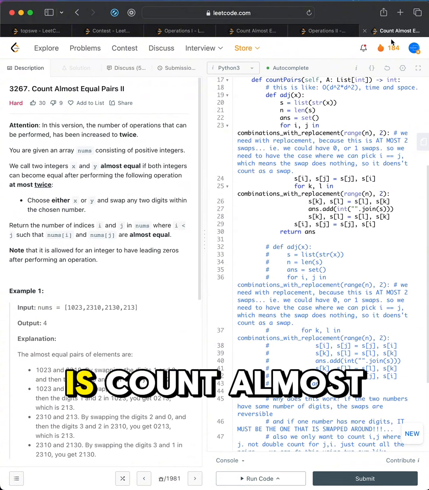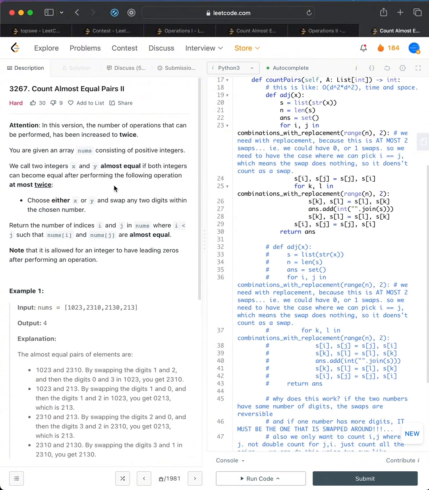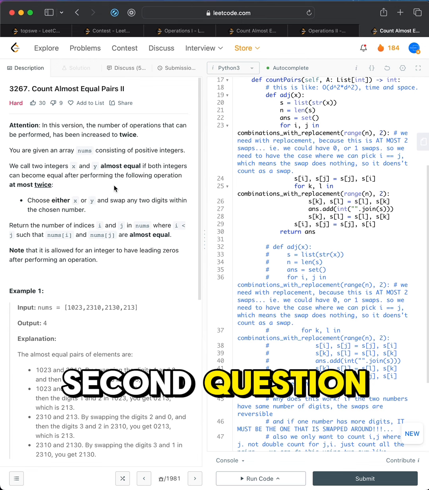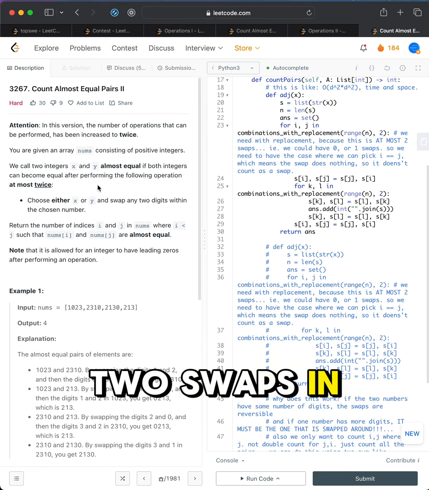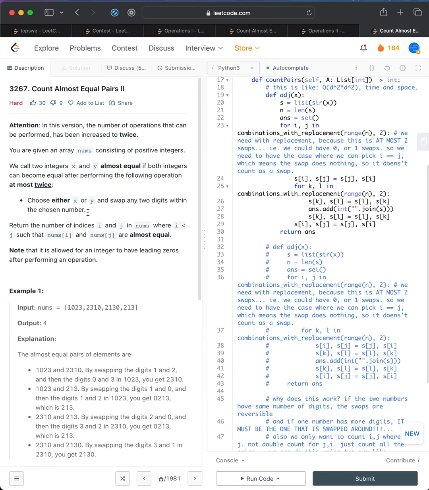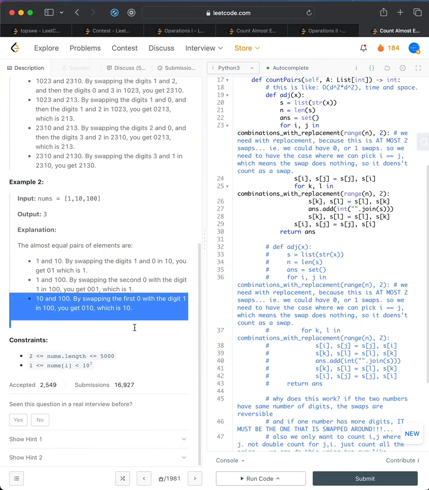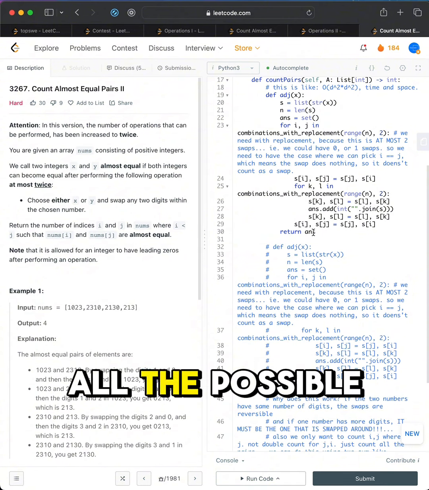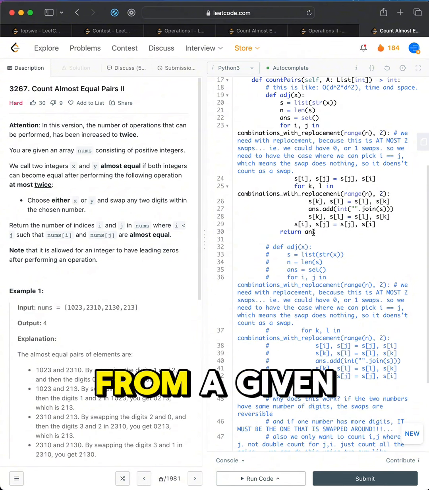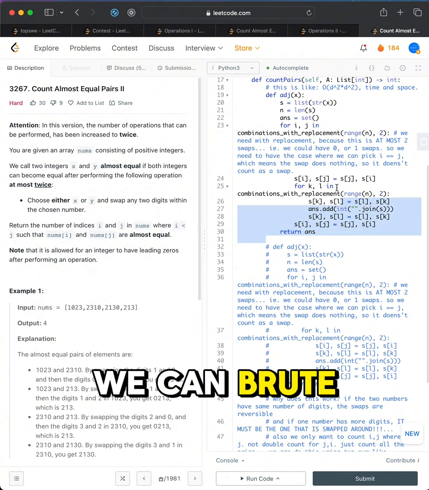The last question is count almost equal pairs 2. This is the same as the second question, but now we can use at most 2 swaps in our almost equal definition. We need to make this faster since the constraints are larger. Let's consider a function that generates all the possible almost equal numbers from a given number. We can brute force this